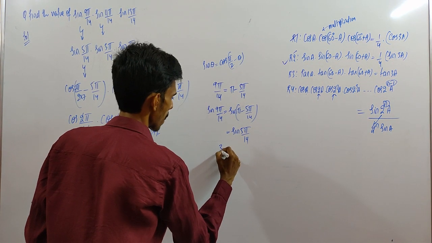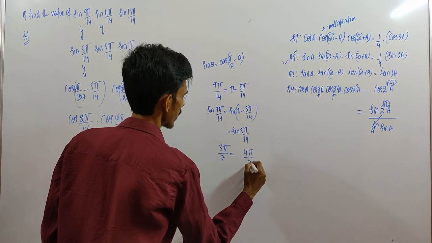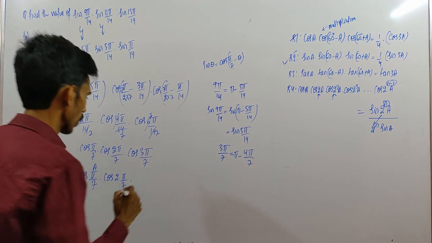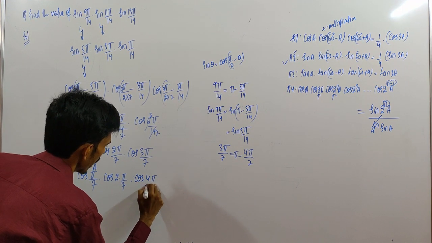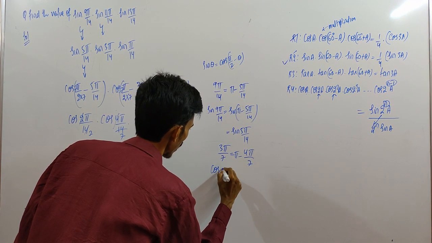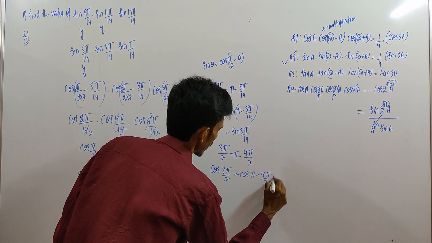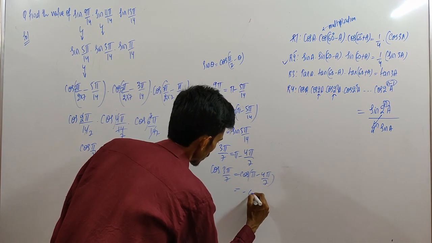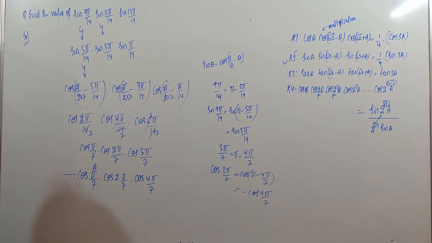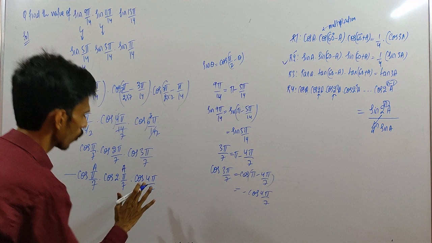So this 3 pi by 7 can be written as 7 minus 3, 4, so 4 pi by 7 minus pi. So 7 minus 4 is 3. So this can be written as cos 4 pi by 7. Cos 180 minus theta, apply cos on both sides. Cos 3 pi by 7 is equal to cos of pi minus 4 pi by 7. Cos 180 minus theta is minus cos theta, so minus cos 4 pi by 7. So we will get a minus sign, put this minus sign here. So we have cos a, cos 2a, cos 4, and 4 means 2 square.